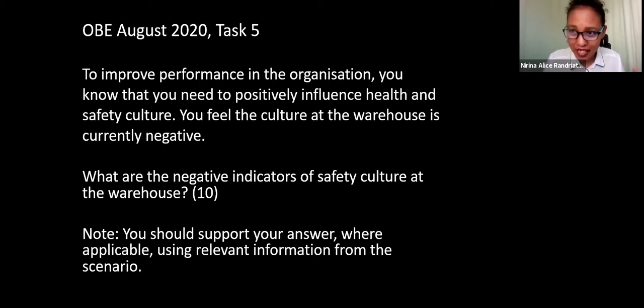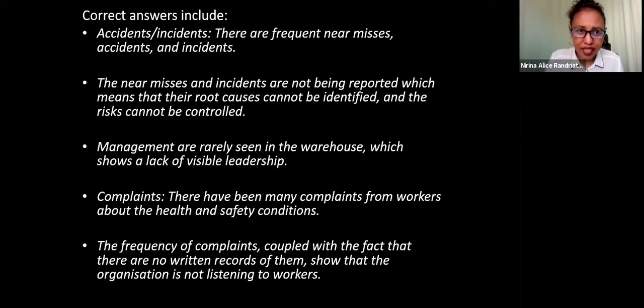It's like just filling up your answer sheet, but it's not helping in any way. It will just make you feel good. It looks like you have a very long answer, but most of it is not relevant. For example, here, you do not need to define what is safety culture. No, we don't need that. You do not need to provide a recommendation on how to improve the safety culture. That's not the question. The question is just focusing on negative indicators. So here, just put some correct answers.